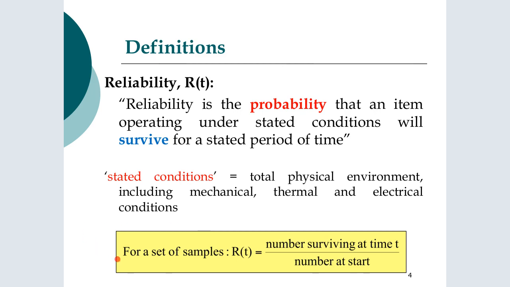Now, mathematically, we can express that verb of words in a very concise way. So we have the number surviving at time t divided by the number at the start. So it's normalized against the number at the start. If we look then at